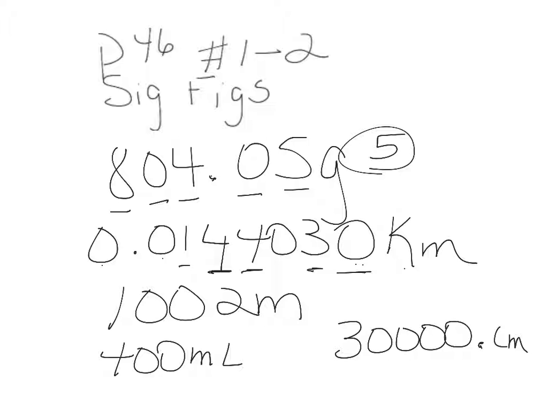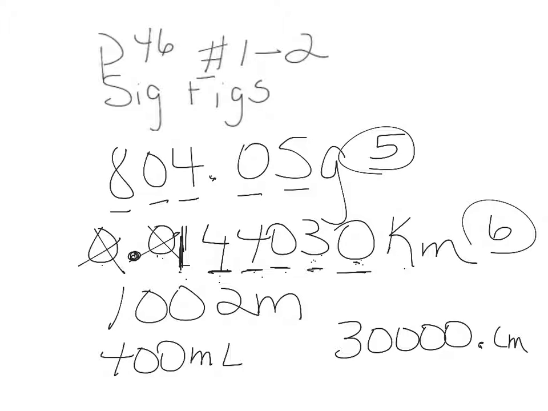These two, however, are not significant because they just tell us where that decimal is. They don't tell us that we measured this 1 to anything. It doesn't indicate a rounded number. This one tells us this is exactly 3, and then this 0 defines that 3. So we have 1, 2, 3, 4. Then 1, 2, 3, and this is between two non-zero digits, so 1, 2, 3, 4, 5, 6 significant digits